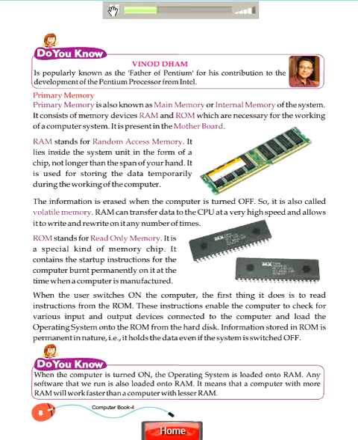RAM stands for Random Access Memory. It lies inside the system unit in the form of a chip, not longer than the span of your hand. It is used for storing the data temporarily during the working of the computer. The information is erased when the computer is turned off, so it is called volatile memory. RAM can transfer data to the CPU at a very high speed and allows it to write and rewrite on it any number